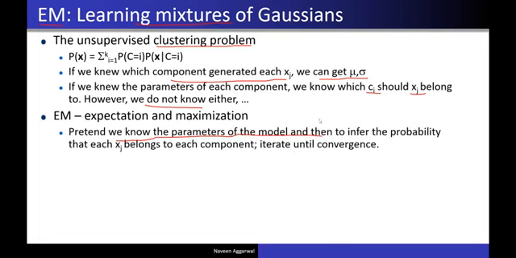To understand that, let's take an example. Let's say we want to predict the grade of a particular class. The grade can be A, B, or C, so there can be 3 grades. Let's say we do not have data about where the A grade starts, where the B grade starts, and where the C grade starts. In a complete case, we would know that A starts from, say, 80 to 100, B from 60 to 80, and C is less than 60. But let's say we do not know anything about that.